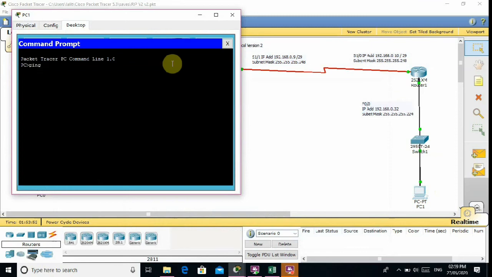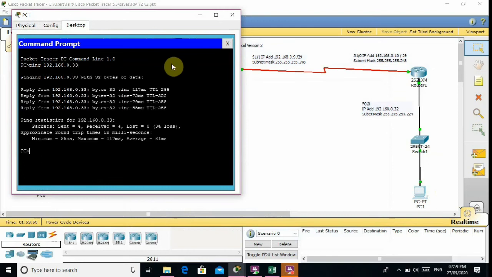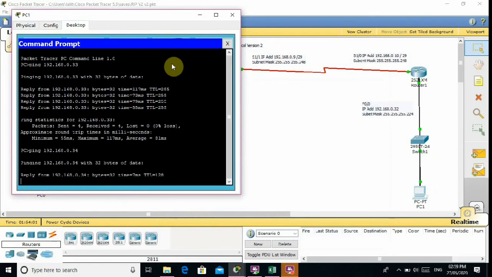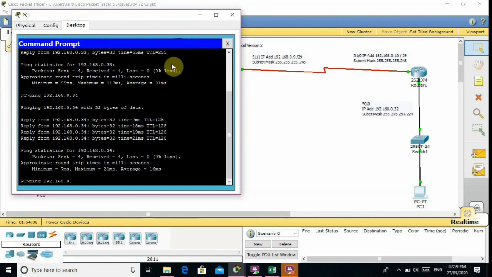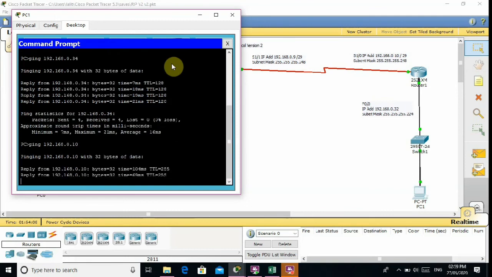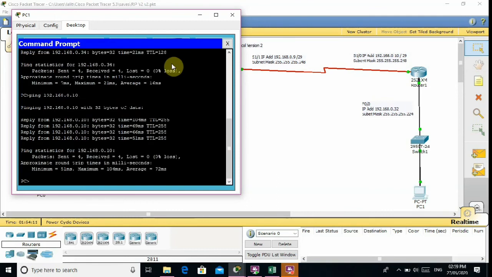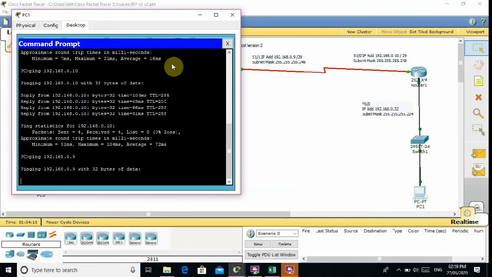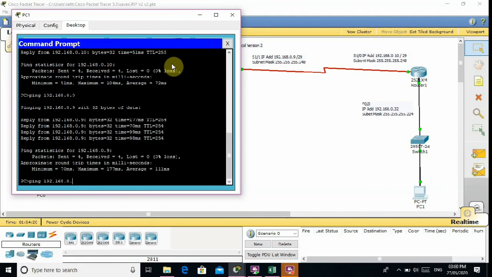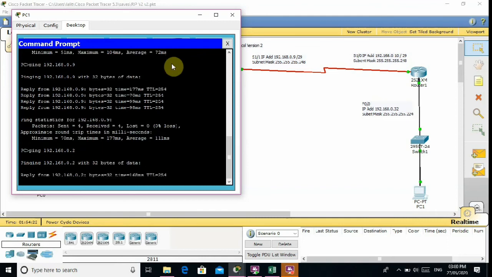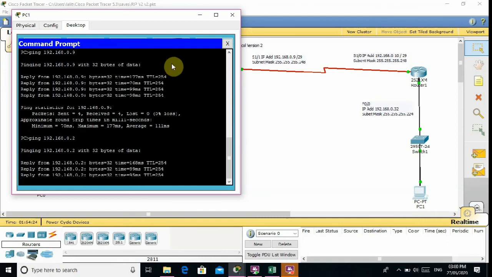Now I went to router third's switch from the desktop. Now I am pinging 0.33, which means that particular desktop itself. After that I ping 0.10, which means router third. After I ping 0.9, which means router second serial 1/1.